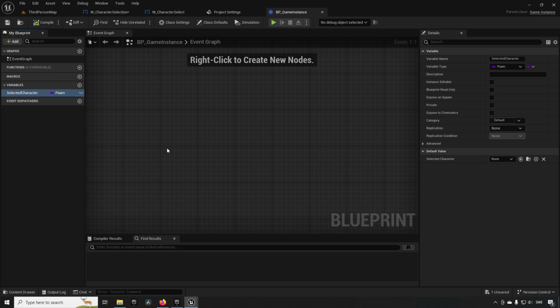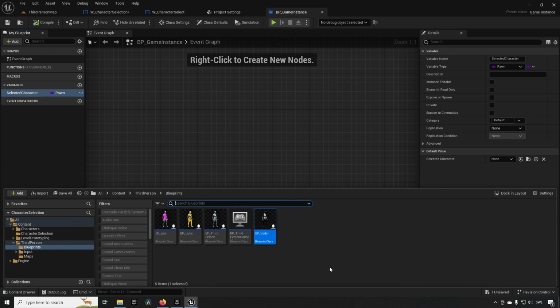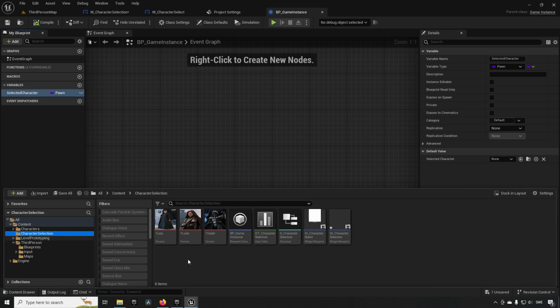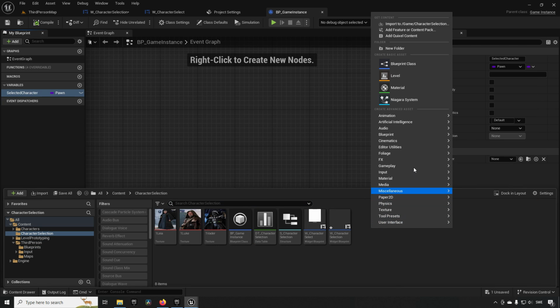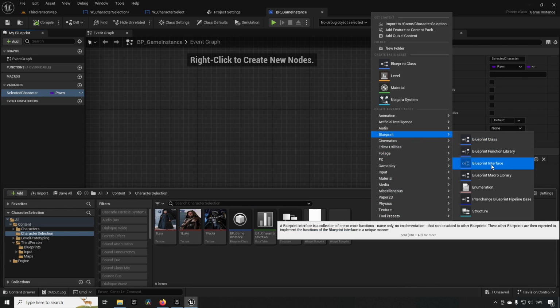Now we want to be able to access this information somehow. We want to be able to set it from the character selection, and we want to read it somewhere else. So how do we do that then? Well, we could do some casts and stuff like that, or we could make it a little bit more clean and skip some dependencies. So inside of our character selection, you can right click, go to blueprints, create a blueprint